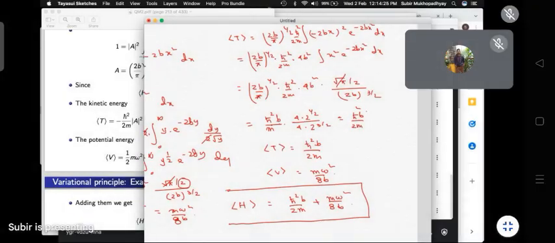Okay, so now the variation principle comes in. It says that you can vary your parameter whichever way you want. The minimum value of this energy will be